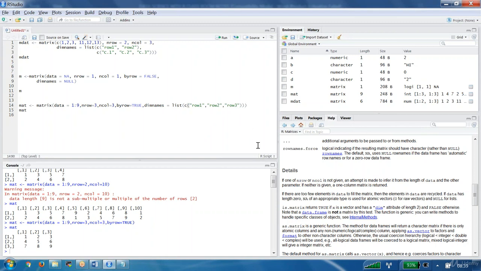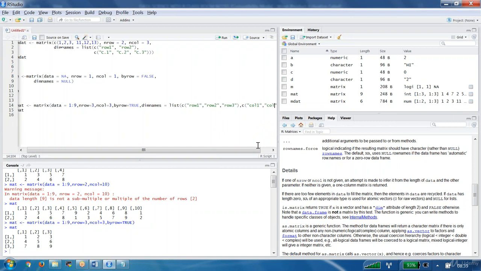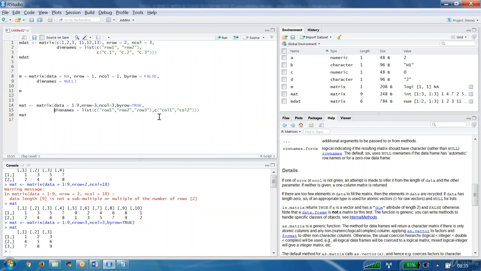Next I have to provide one more thing, comma, then c again, column 1, then column 2. This one you can write in the next line also, no problem. I am writing in the next line. Next we write here column 3.